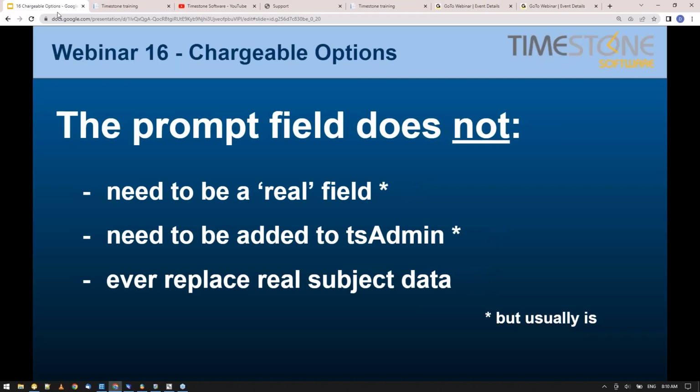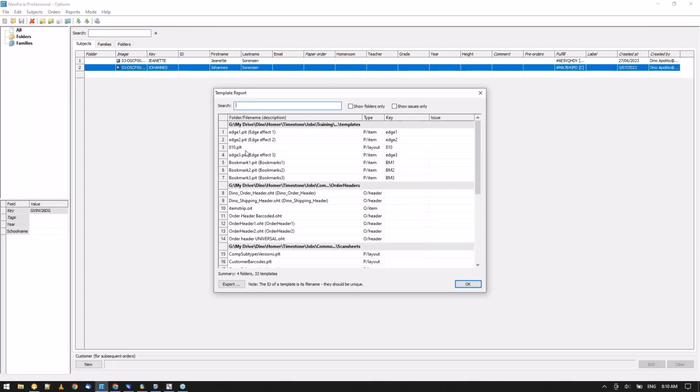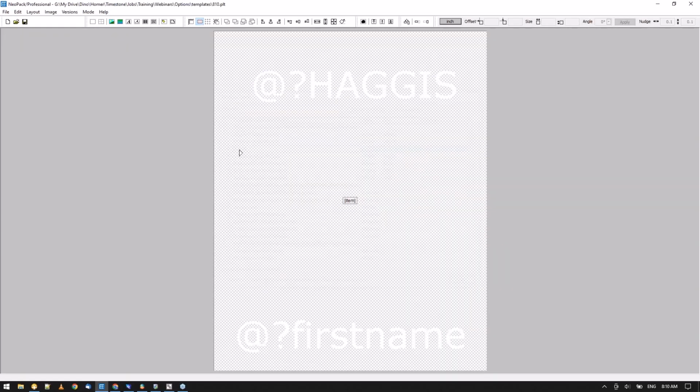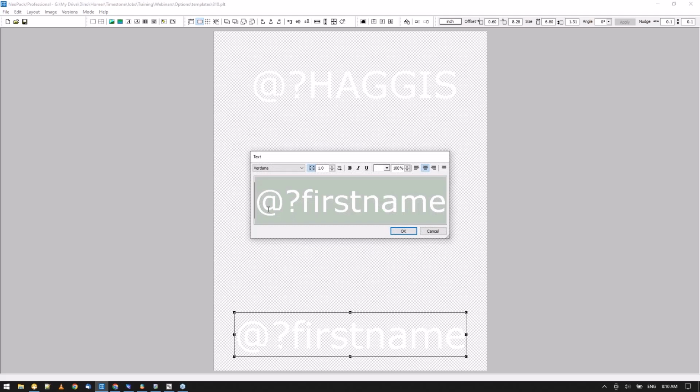Let's investigate some of these things relatively quickly. I've got a job here. I'm going to go to a template, kept very simple. It's just an 8x10. I've put in 2 text boxes. The first one at the bottom, at question mark first name. So the at question mark makes it a prompt field. They're going to be prompted for this field. Up the top,